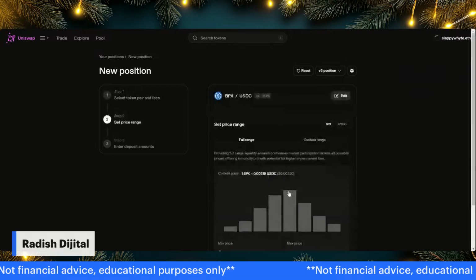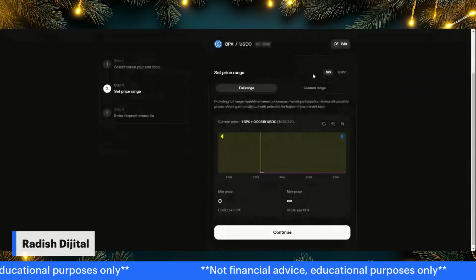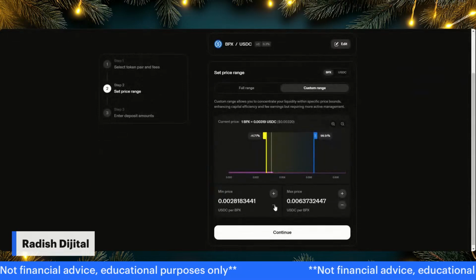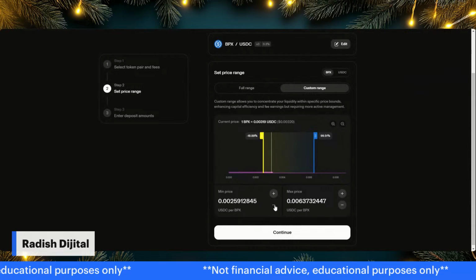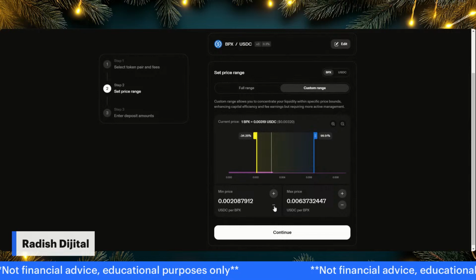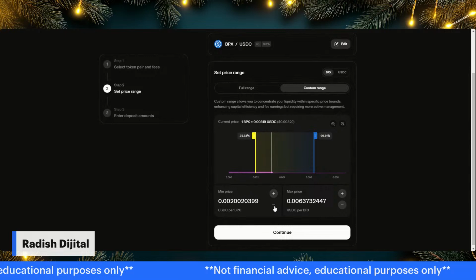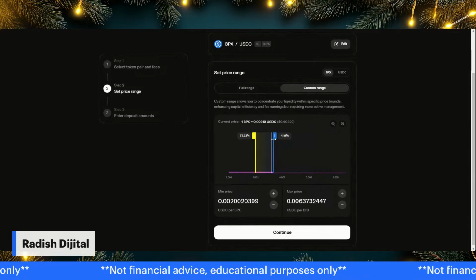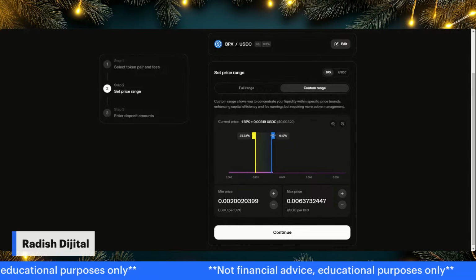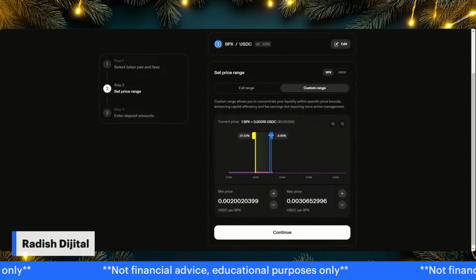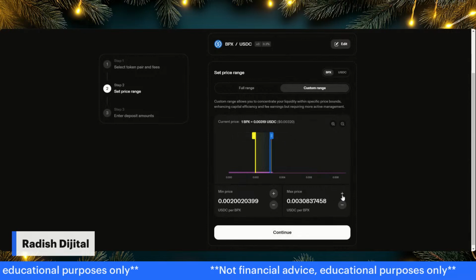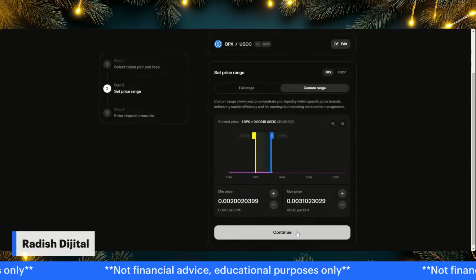Oh, and it took me all the way back to the beginning. All right. So let's see. We'll go ahead with the custom range. Okay, and then bring the sucker back to... Just make sure it's on the left side of the current price. Yep. The left side of the current price. That way, again, for people that missed the other videos, if it's over on the other side, you have to provide some BPX.